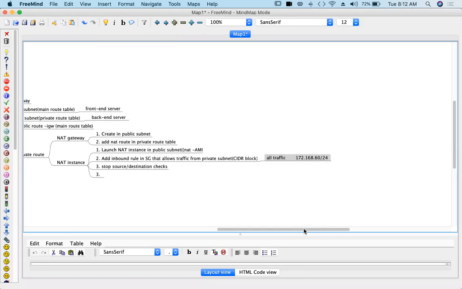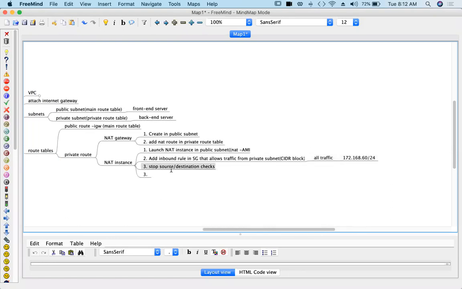It looks like this. And then stop source or destination checks. And the fourth step, add the NAT instance route in the private route table.